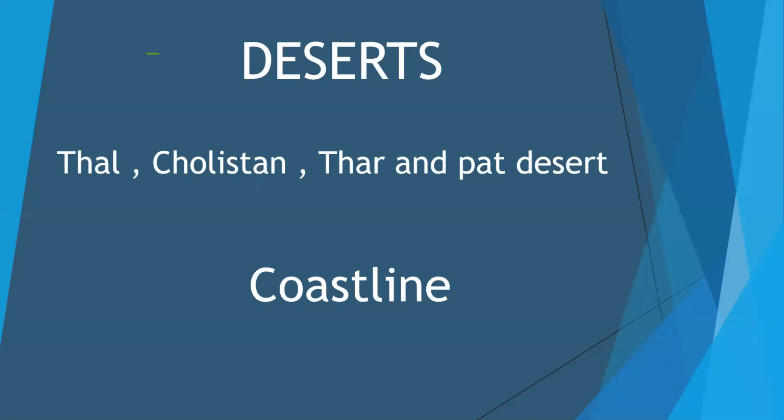On either side of the Indus and beyond the reaches of irrigated lands, there are pockets of sandy desert. Number one, the Thal Desert, which lies south of the Salt Range, forming a triangle between the Indus and Jhelum. Number two, now we will discuss the Cholistan Desert, which lies south of the Sutlej,